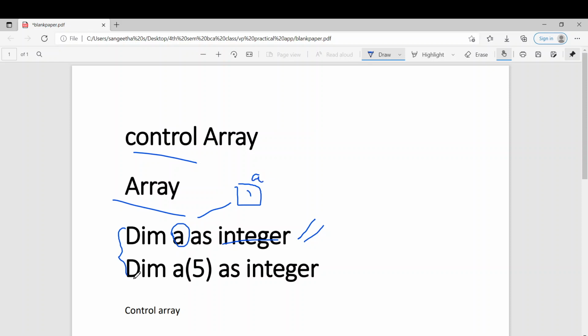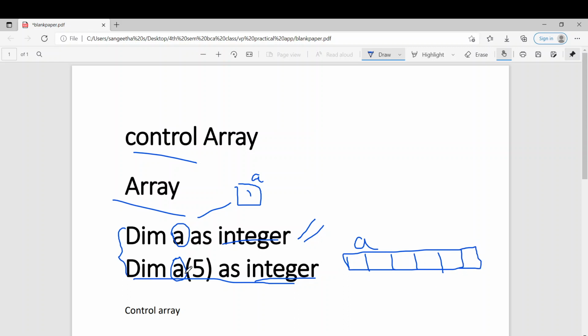When it comes to this statement, it is also a variable of integer data type, but it is an array variable. Array is a collection of elements of same type under a same name. So A is the name. It will allocate 5 to 6 blocks. So 1, 2, 3, 4, 5 and 6.